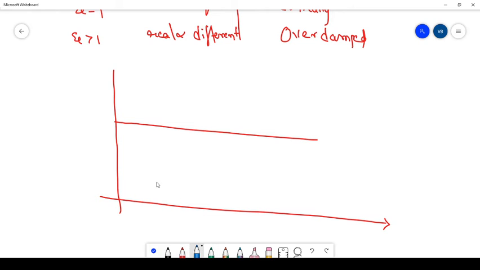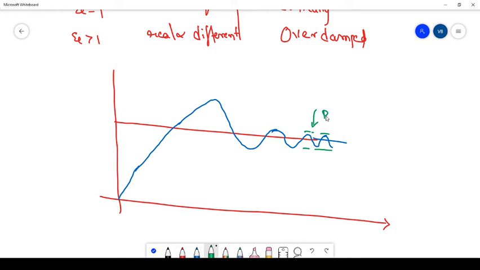According to the input, the output initially increases in an exponential way, reaches a peak overshoot, and then that overshoot decreases and the output settles in a particular band. This is called a band, that is 3% tolerance or 5% tolerance. Here I am going to represent the output on the y-axis, that is C of t. This is the U of t signal, that is the input, and this is t.